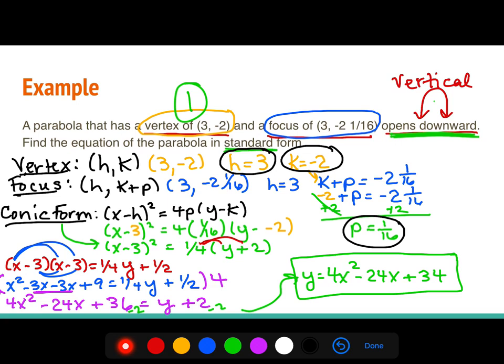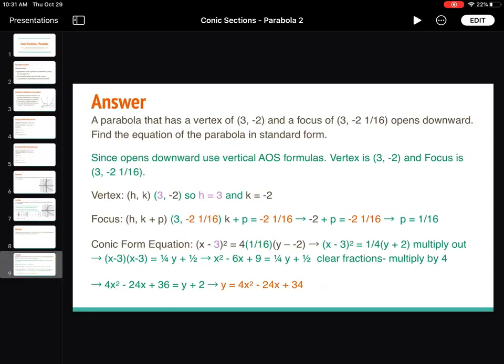Since I knew what the vertex and focus were, they were given to me. Those are the key attributes. I found out what h, k, and p are. That is important. I need to know what h, k, and p are before I can start. Then I plugged them into the conic form, and then I multiplied all that out to go into standard form. A lot of work, but that is exactly